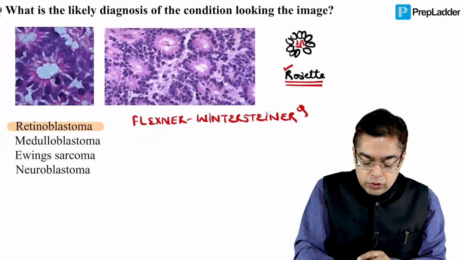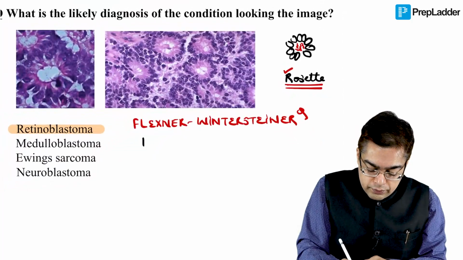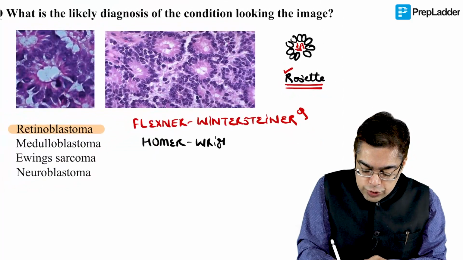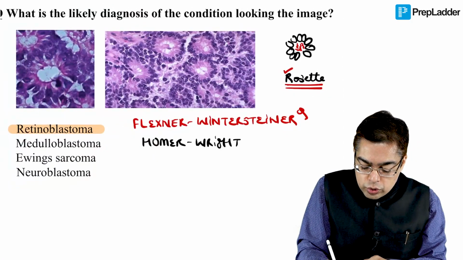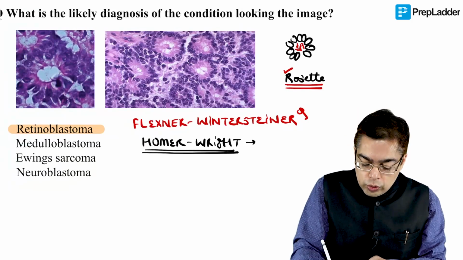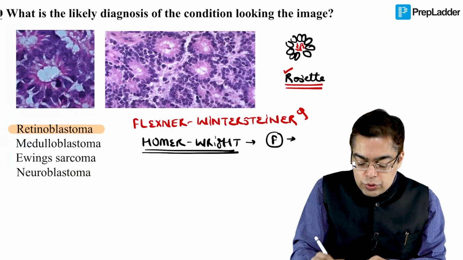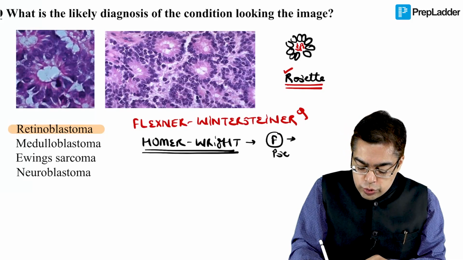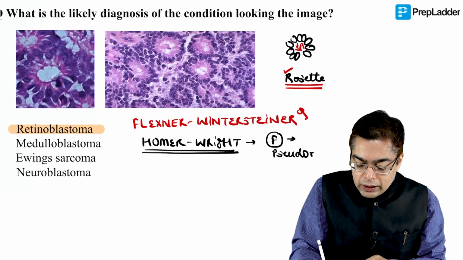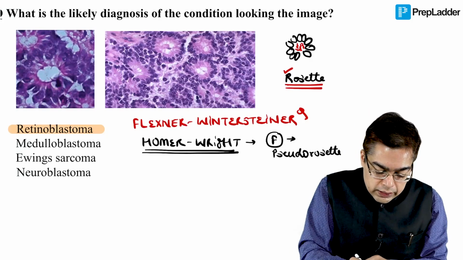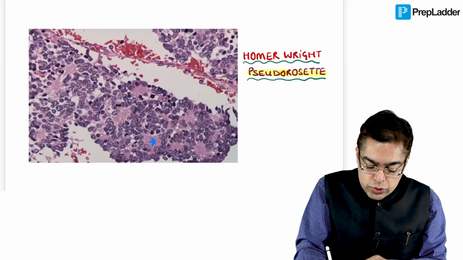Now, such an example of a rosette is what is going to be given the important name of the Homer Wright rosette. So even though the name that you are using over here happens to be a rosette, I want you to remember that in case of Homer Wright rosette, you are going to have the central presence of certain types of fibrils. That's point number 1. And this is not an example of a true rosette. So in case of Homer Wright rosettes, the better word I would recommend you to be familiar with is pseudo rosette. Just to help you understand that with the help of an image, this is the representation of a Homer Wright pseudo rosette.